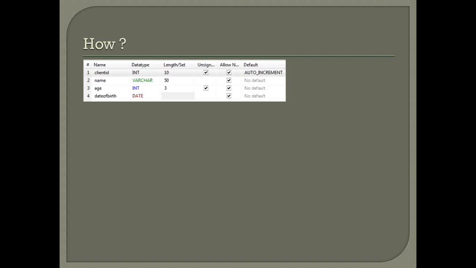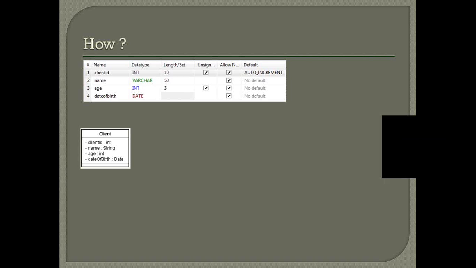Okay. So let's take a very simple example. Let's say this is our table definition, and we have a client table which has a client ID, which is an auto increment. No relationships, just a single entity with client ID as a primary key. And since I'm using MySQL, it allows me to define an auto increment column. So whenever I insert a row, it automatically assigns a value to the client ID.